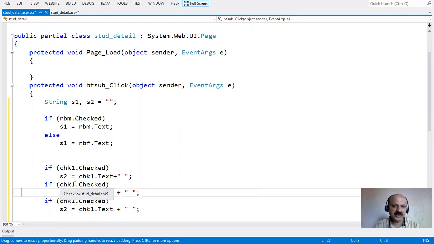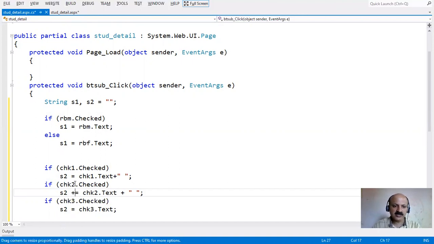Here we change the ID to checkbox 2, then 3. After the third checkbox there is no other checkbox, so we remove this space concatenation.